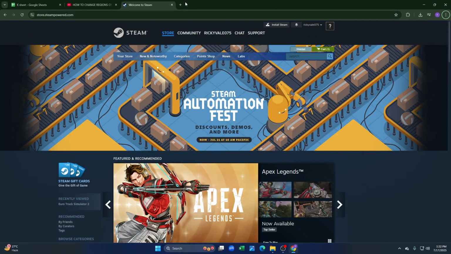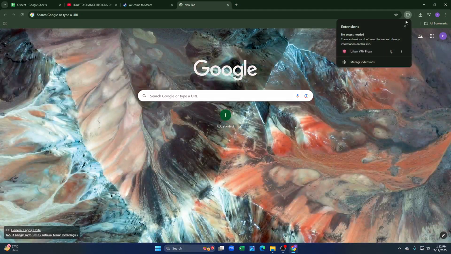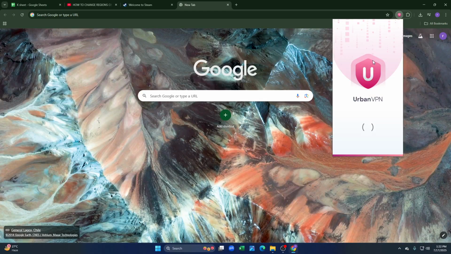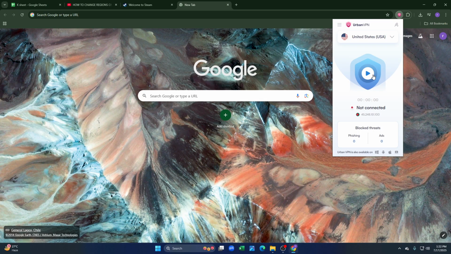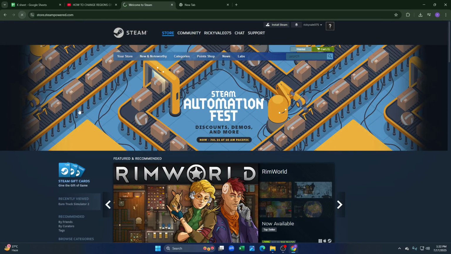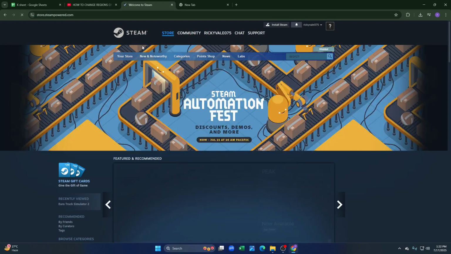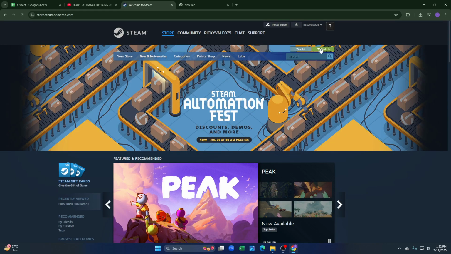So first of all, you need to open a VPN to change your country, let's say United States, and whenever you open it, then you can go to your Steam account and just reload the Steam page from here, and then you just have to simply click on the